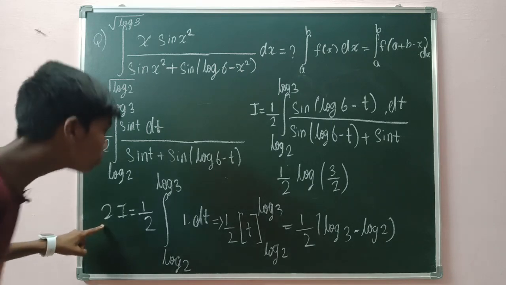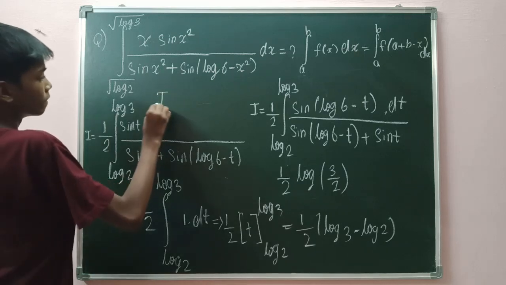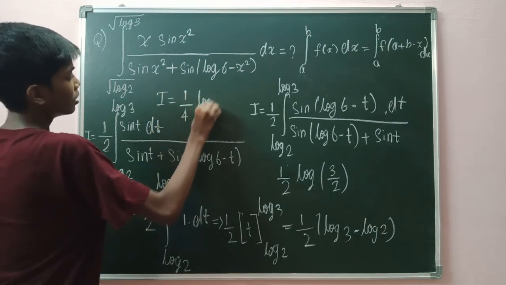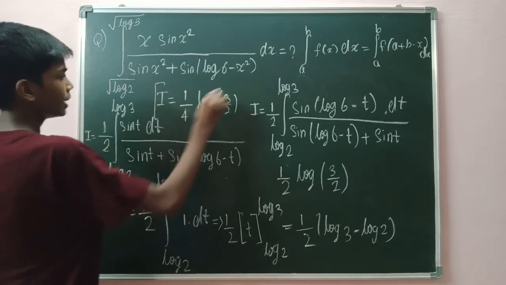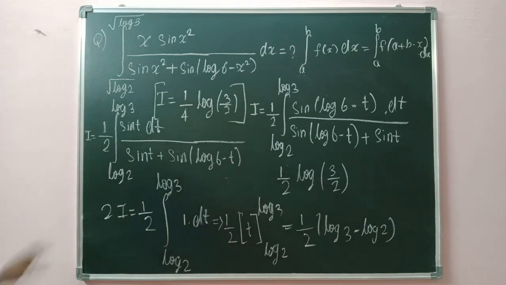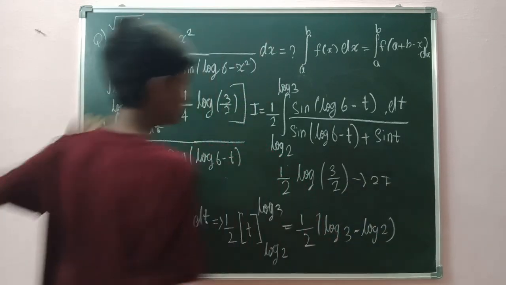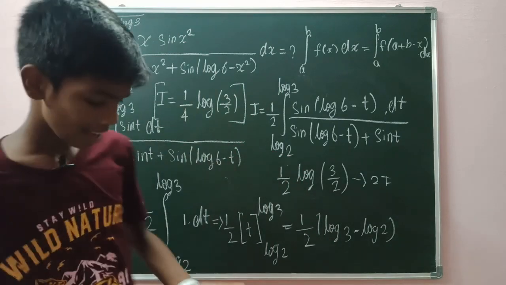We know that 2I is equal to 1 by 2 into log of 3 by 2. Hence your I will be 1 by 4 into log of 3 by 2. This is a beautiful question. So your I is equal to this value. This is 2I, but we need to find the value of I. Hence it is 1 by 4 into log of 3 by 2. That's all guys. I hope you guys will